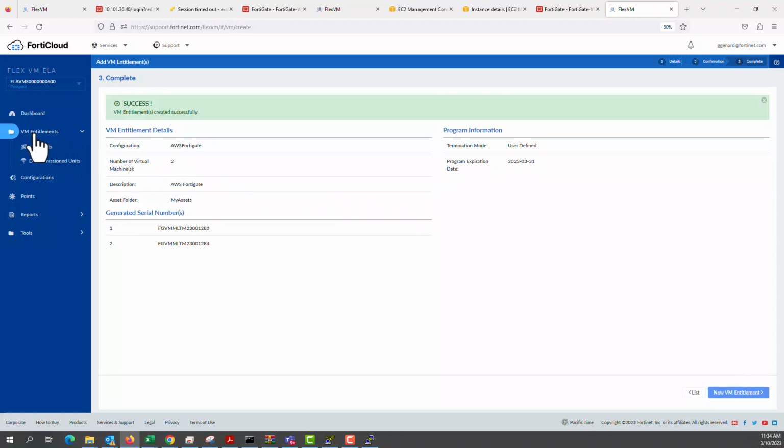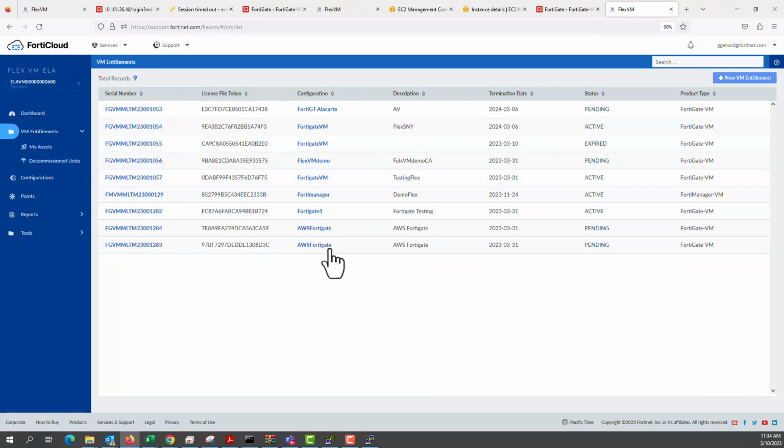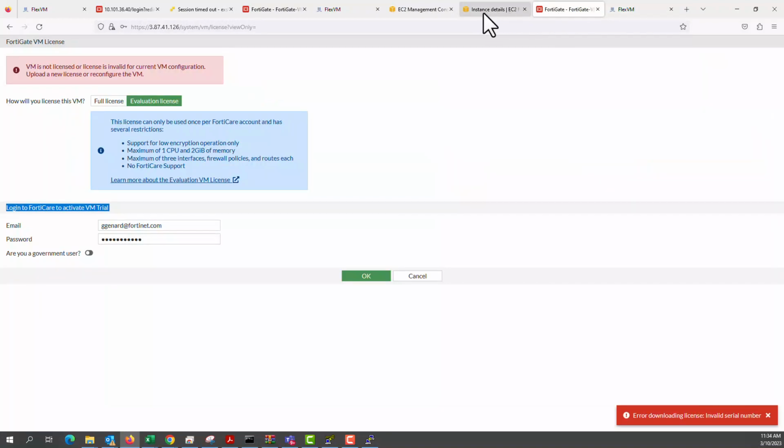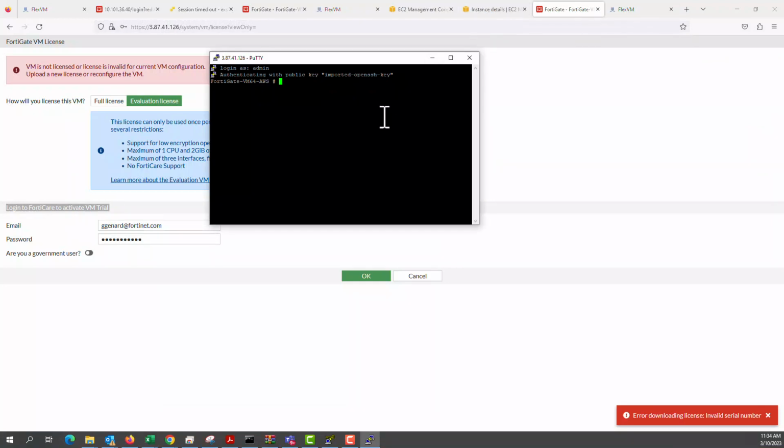Now let's go back to the entitlement. Since we created 2 virtual machine instances, we have the 1284 and the 1283. In this demo, we're going to use 1284. This is the license file, which I'm going to copy. And then we go back to our FortiGate instance from AWS. We enter a command called execute vm-license, and then we paste the